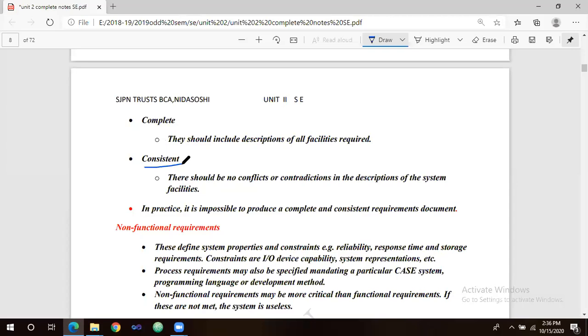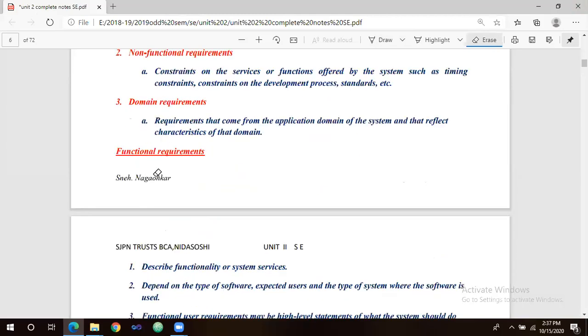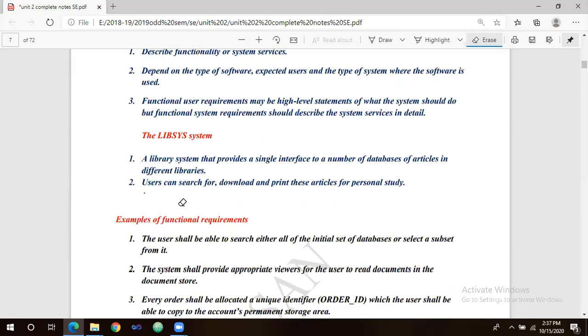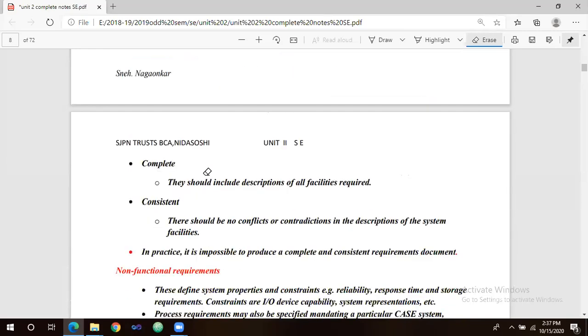It should be very clear that yes, these are the requirements and this is the thing which we are going to do. So completeness, consistency and requirement priorities. These three are the main factors of your functional requirements, right? Now, when this is asked in examination for 10 marks, explanation of functional and non-functional requirements, then you can define it. You can give an example of functional requirements and cover these points: imprecision, completeness, and consistency